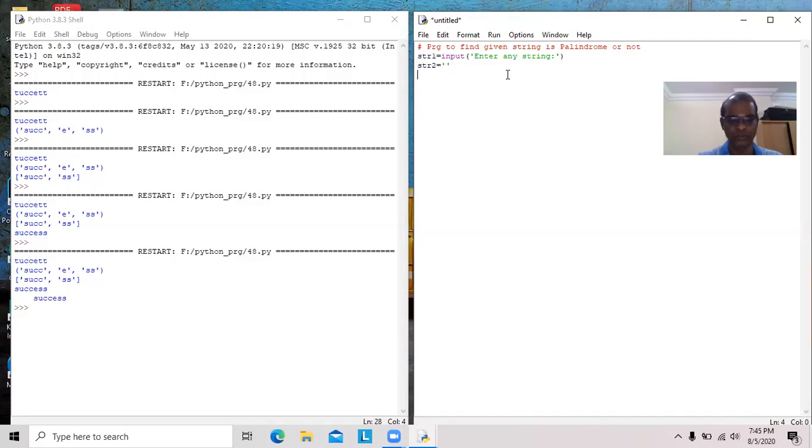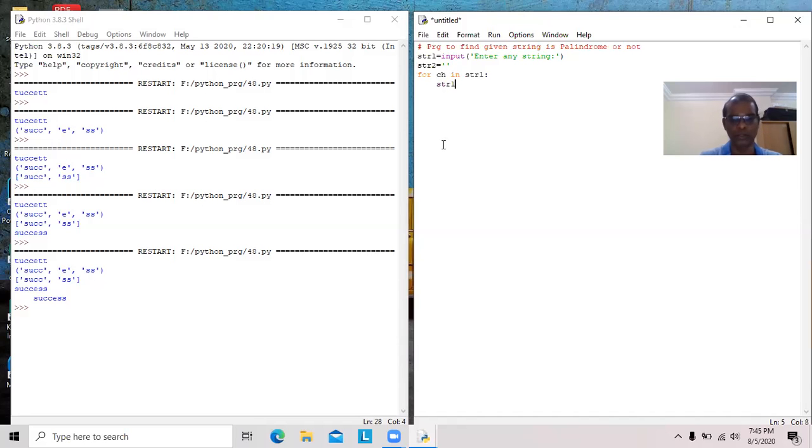Now we should have one for loop, for ch in str1. This for loop will execute as many times as there are characters in the string. If Tamil is assigned to str1, it will execute 5 times. If Malayalam is assigned to str1, it executes for the number of characters available in Malayalam.